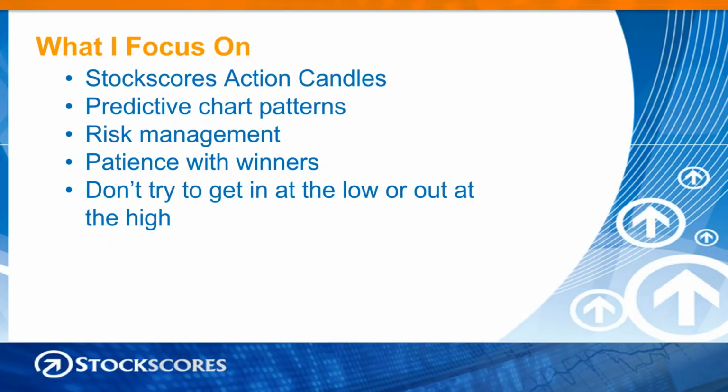Now, when we get a winner, we've got to be patient with them. We talked about that already. Let the winners run. And we shouldn't try to be perfect. We should not try to get in at the low or out at the high. What we're trying to do is capture the bulk of a major move in a stock where the stock is beating the market. And if there comes a time when it stops beating the market, then we'll get out,